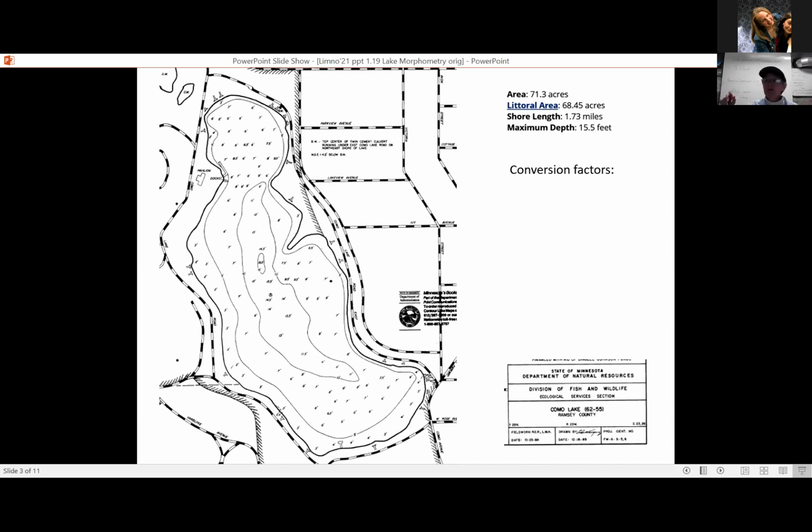So what I'd like you to do is convert these to metric, calculate the shoreline development factor and the percent littoral. All right. I'm just pausing so that, I suggest taking a screenshot or writing these numbers down. And then I'm going to send you into some breakout rooms. They are going to be random, but hopefully a person